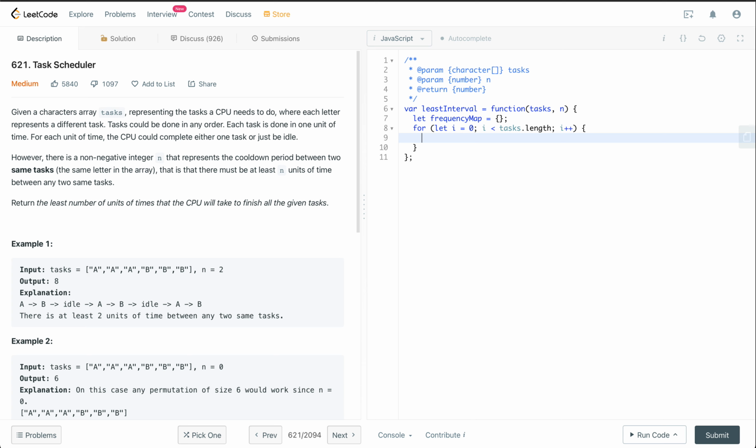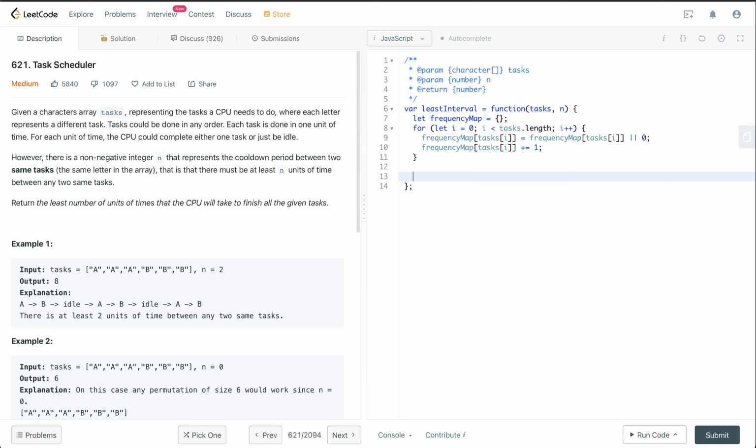Now I'll initialize the frequency map, and the key is going to be tasks I, and in case it is not defined already, it will be 0. And now we'll increase it by 1. So at the end of this loop, we'll know for each character how many times it appears in the array.